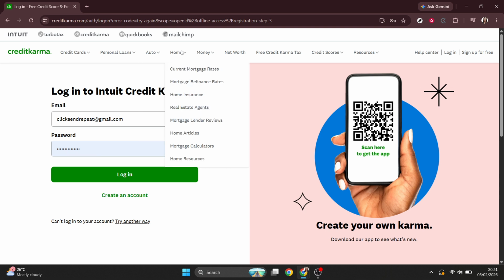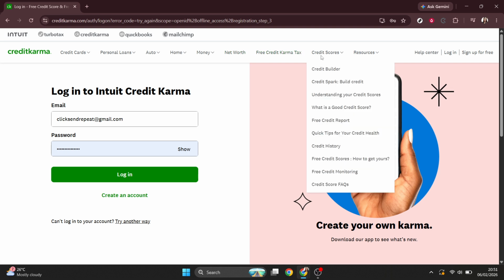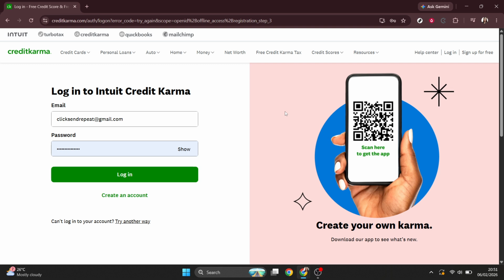And that's all it takes to log in to your Intuit Credit Karma account. Start by visiting the Credit Karma website or the Intuit sign-in page, enter your account credentials, complete any required security verification, and then access your